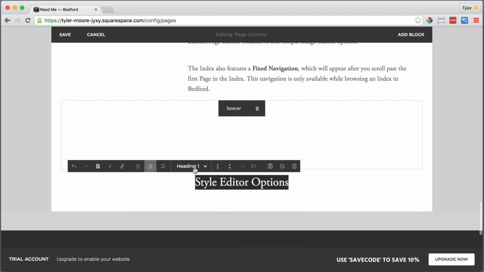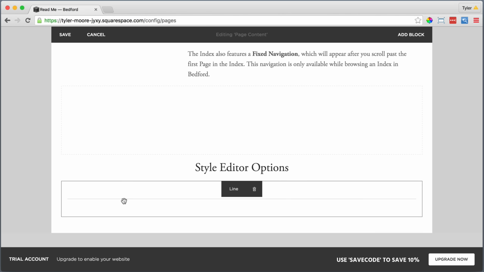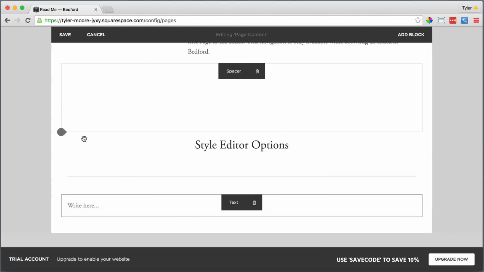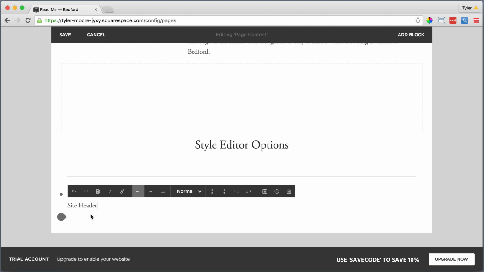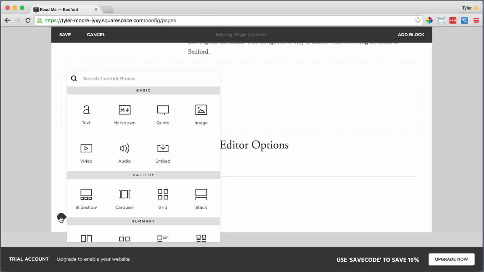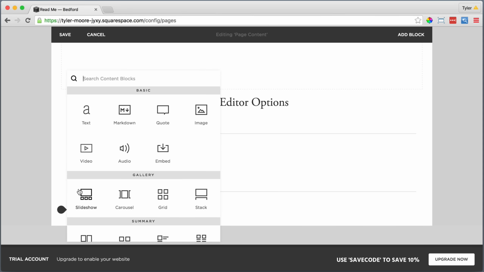Add in some new content. We can add in a new line right here, a divider line. Add in some new content and add in some text. We can highlight our text and make it a heading 2. Add in some new content, add in a line, a divider line, add in some new content, add in some